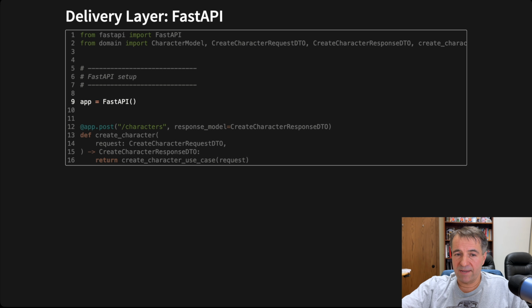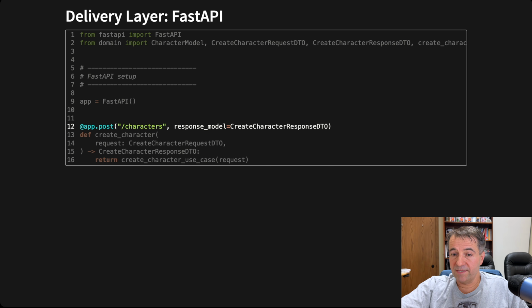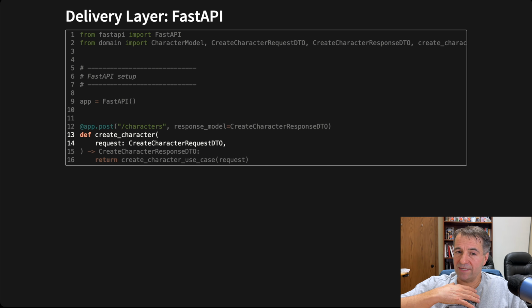These are the changes we're making to FastAPI. So over here we're saying FastAPI, the response model will be that response that we're going to receive. The person who's requesting this API needs to send in the character request DTO. And this is what's going to be used to generate the documentation that you're going to see. It'll analyze whatever is in that model and generate the docs out of that.